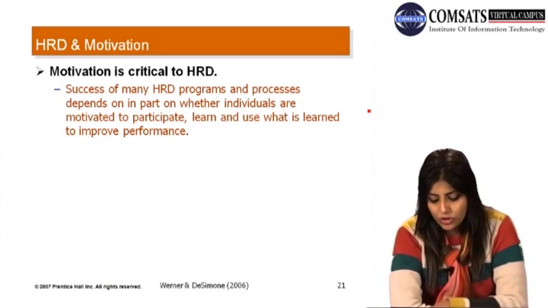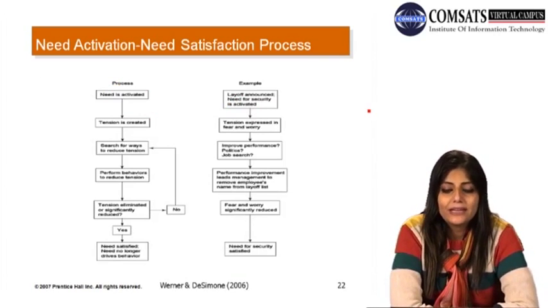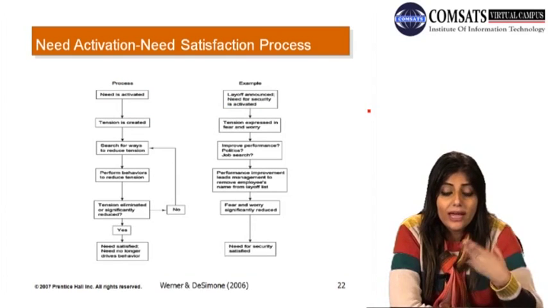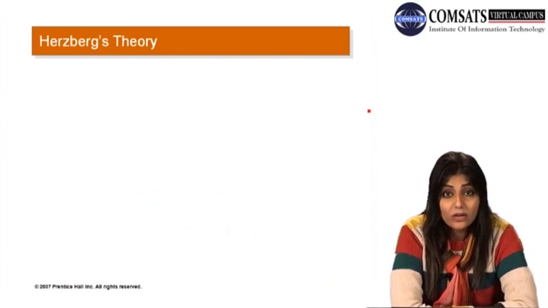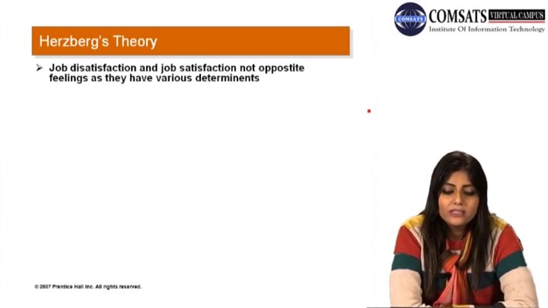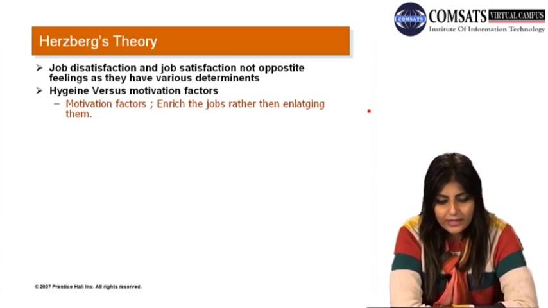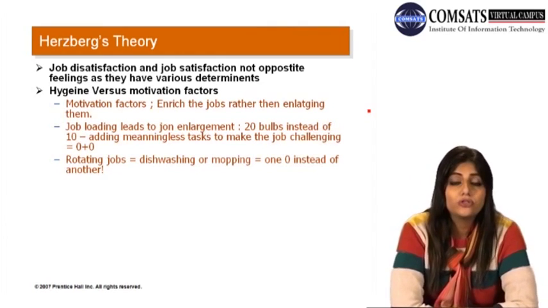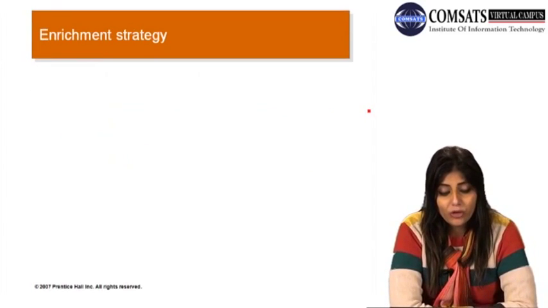So the motivation of the employees is very important and has greater influence. Then we had a discussion on Maslow's need hierarchy theory, how the individual has a set of different levels of needs on the hierarchy, how he tries to satisfy those needs, and how he cannot move to the next level before he satisfies the previous one. Then we discussed Herzberg's theory, the different hygiene factors and the different motivational factors that influence the employees, and how Herzberg suggests that jobs should be enriched rather than enlarged to gain better employee behaviors.